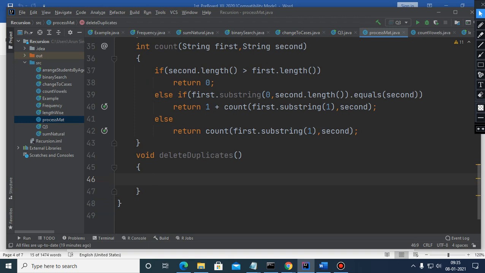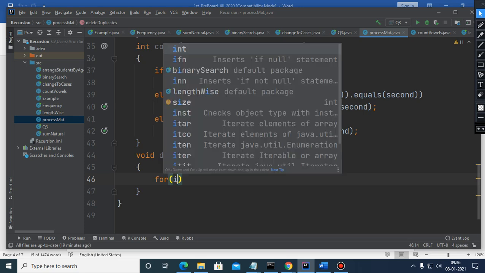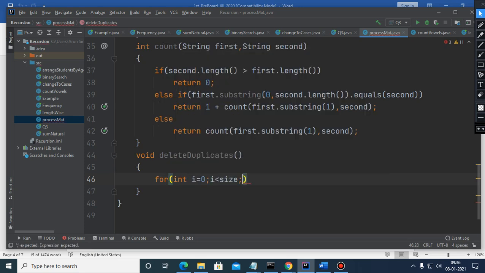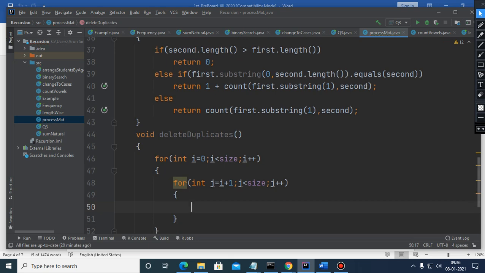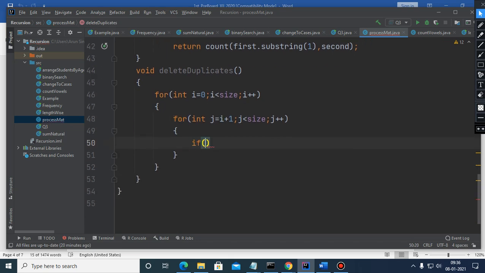Now I'm going to delete the duplicate. So children, the code will be: for int i = 0, till it is less than size. Then, because you need to keep the original, the inner loop will start from i plus 1, and go up to size. Arr of i is actually the original one, and arr of j will be representing the duplicate one. You have to delete this arr of j, not arr of i.